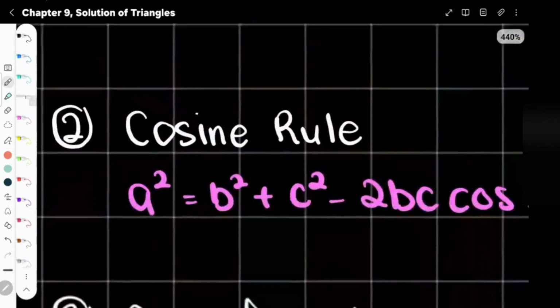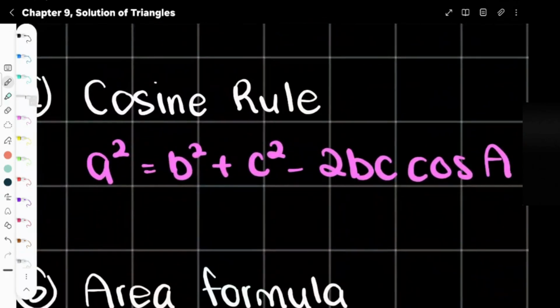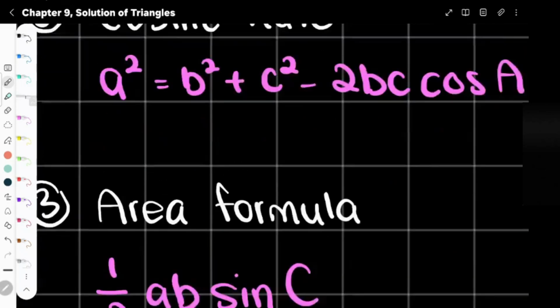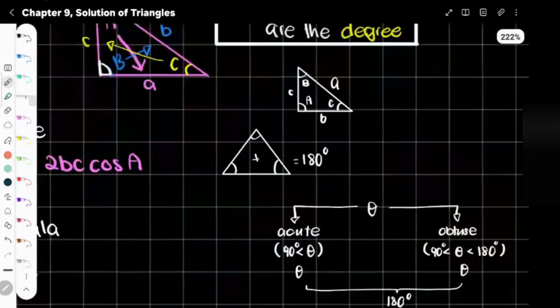So the cosine rule, if you pay attention, is almost the same as a square equals b square plus c square, or in other words, the Pythagoras theorem. So now we're going to look at the first question. But before that,